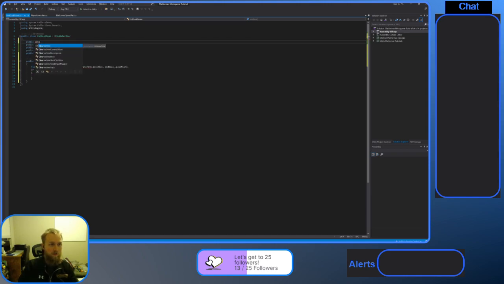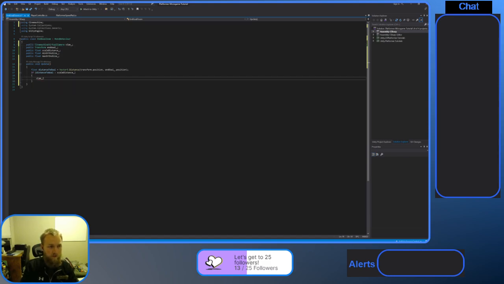Public CinemachineVirtualCamera vcam, using Cinemachine. vcam.m_Lens.OrthographicSize equals minOrthographicSize, else